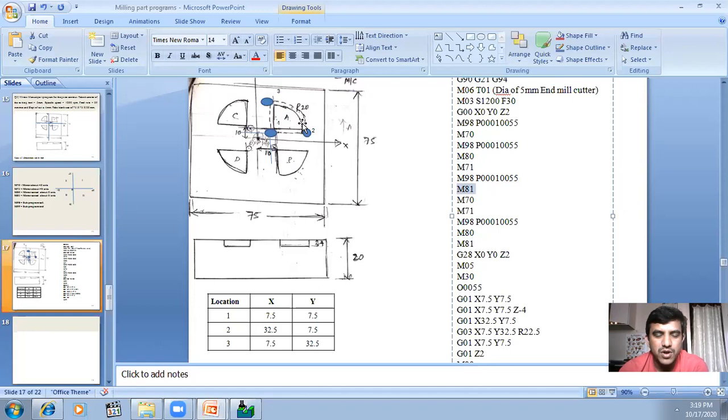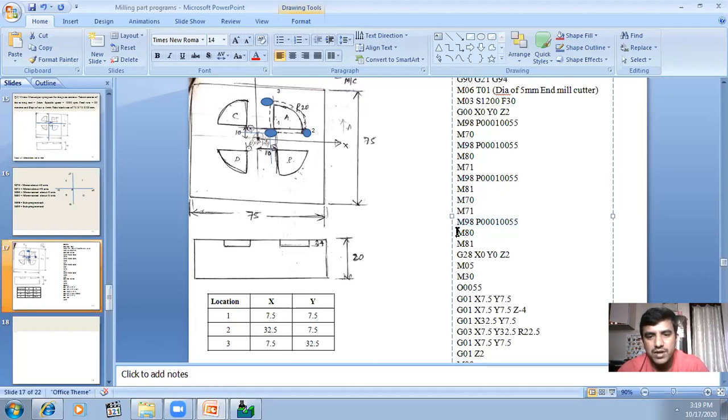After that, first quadrant over, fourth quadrant over, second quadrant also we finished. I want to do the third quadrant operation. How do you do this? You have to give mirroring about both x and y-axis. Both M70 and M71 you have to give. Then call the subprogram, the coordinates. Then the cutting tool will perform this operation. The spindle will come and do the operation in the fourth quadrant. And once it finishes, it comes back to the horizon.